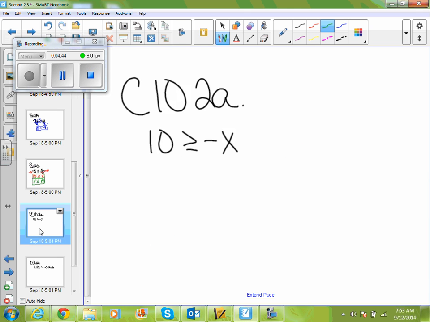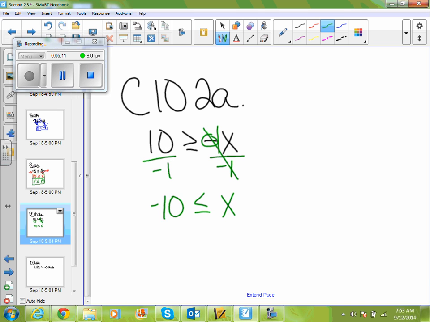Okay, what about though 10 is greater than or equal to negative x? This looks like it's almost solved except for this negative sign. So remember that this is like negative 1x. In order to get rid of negative 1, we have to divide by negative 1. The negative 1's then cancel, bring down my x, flip my inequality symbol,